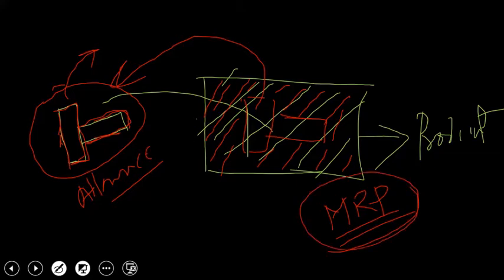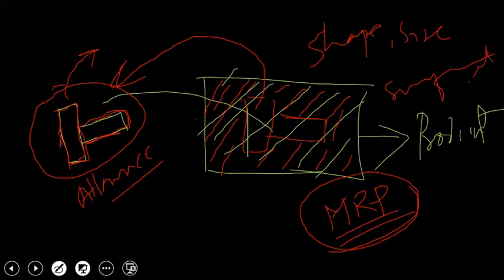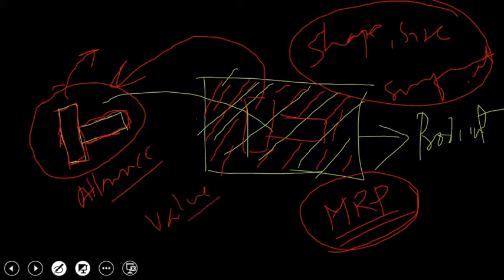So after applying the metal removal process, you are going to change shape, size, surface properties, etc. So you can change either of those things to increase the value of the product. Again, metal removal process is a value addition process where you convert raw material into a useful product by removing unwanted material. So this is the introduction to metal removal process.